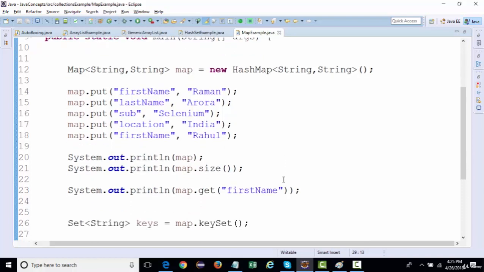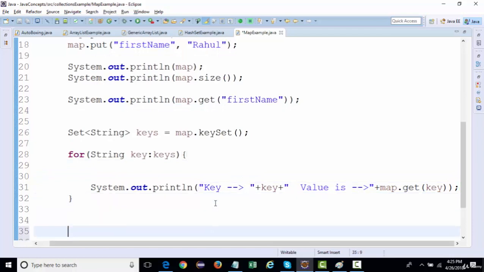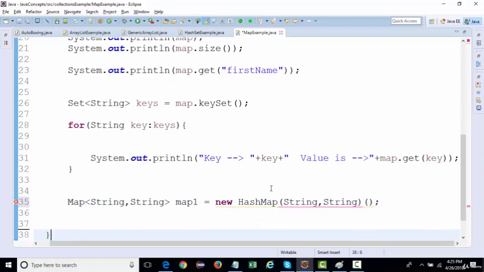We can make map very complex as well. At times the maps are very complex. It could be something like I can create a map, something like a map of a string type, and I'll say map one equal to new hash map, and I'll say string and a string type over here. So instead of giving like the key, sorry, this is angular bracket, the key as a string, instead of giving value as a string, at times what happens, let's say I want